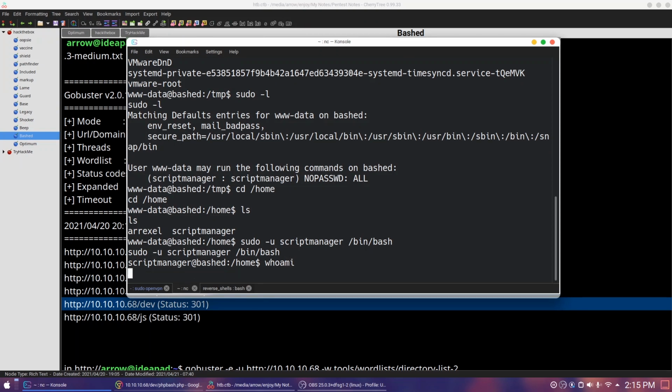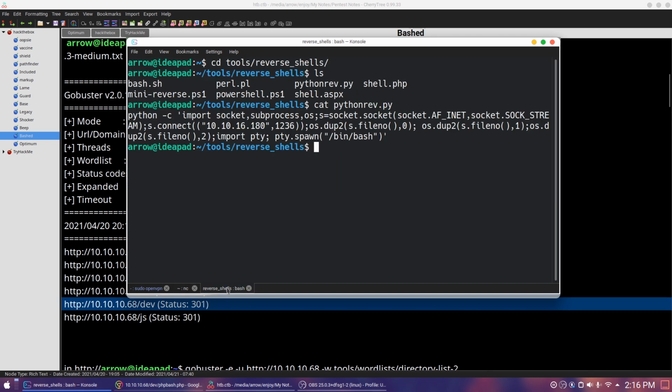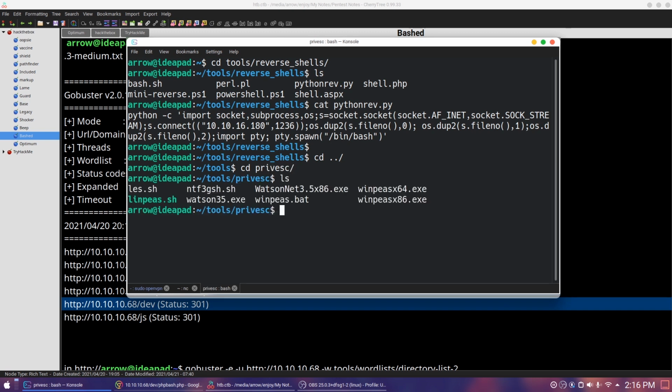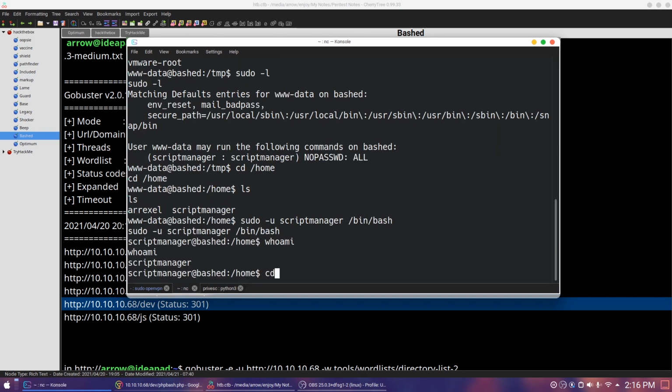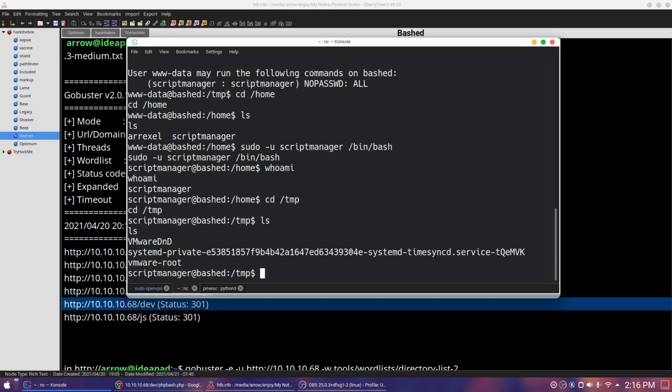Now hit enter, and you can see the username changed to scriptmanager. Type whoami. Okay, we have successfully escalated to scriptmanager, but we need to escalate to the root user, right? So what we can do is host the linpeas script. Okay, it's hosting. Back to our shell, we can go to the tmp directory. Let's say ls.